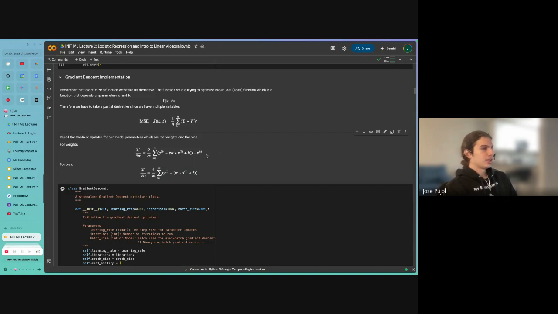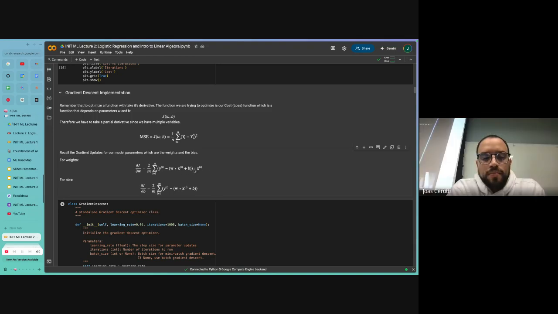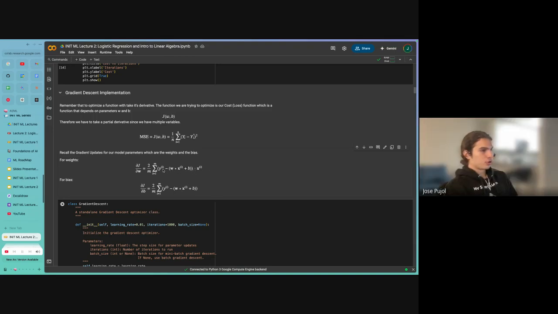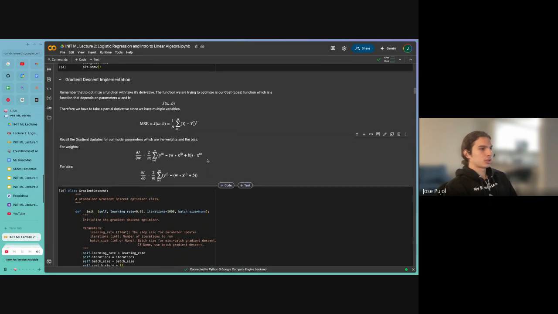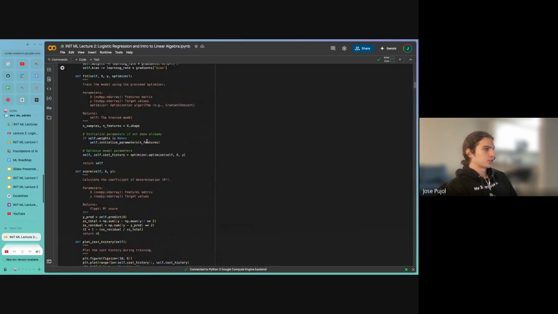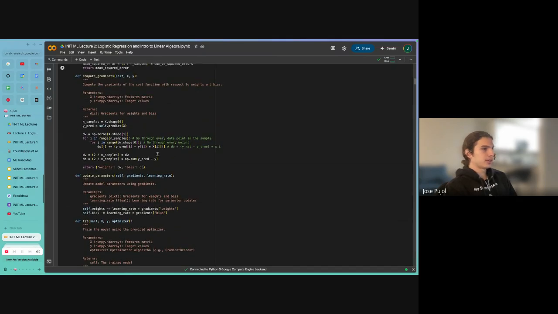Now notice that for the bias, it looks almost the same, except we don't have this x term outside. That's mainly because, recall, if this is squared, then this initially was w times x, and then this was squared. So when you take a derivative of that, it becomes 2x, and you do your chain rule, and then you'll see that you get this. I'm not going to go through the math for that right now. I just wanted to quickly review that so that I can show you that the function you see right there is what we have implemented here.